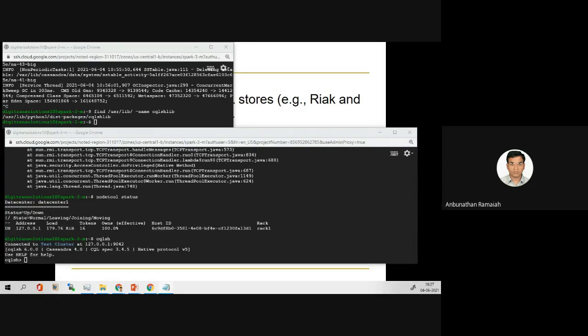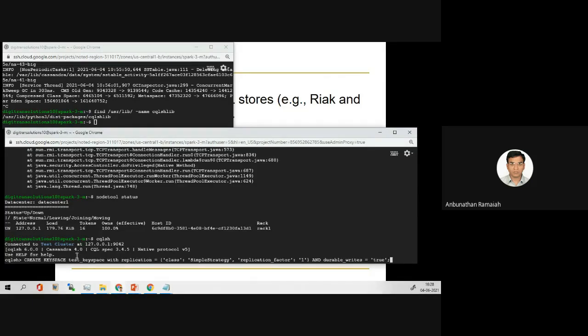We will create a keyspace and the table. So what is a keyspace? It's a kind of database, a collection of tables will be there. So let us start with the keyspace.